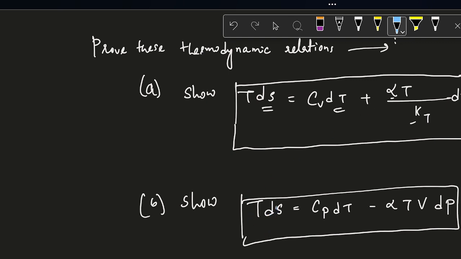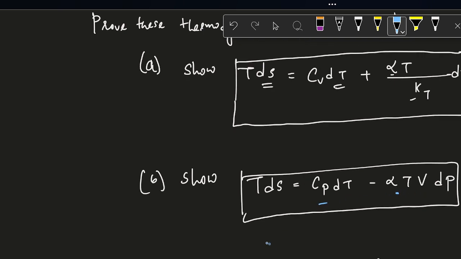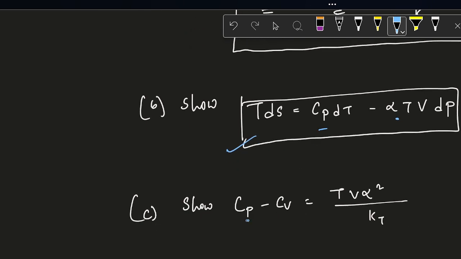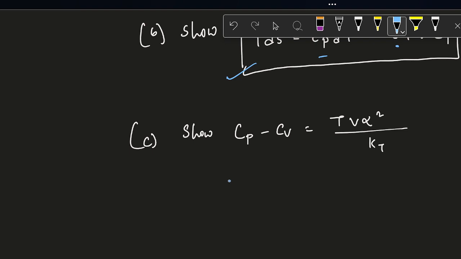Similarly, you can also be asked what is the change in entropy in a process given all the other parameter values provided to you, like alpha, then Cp and these things, dp. So then you have to use these expressions in the solution. And then sometimes you are also asked, this is very, very famous, about